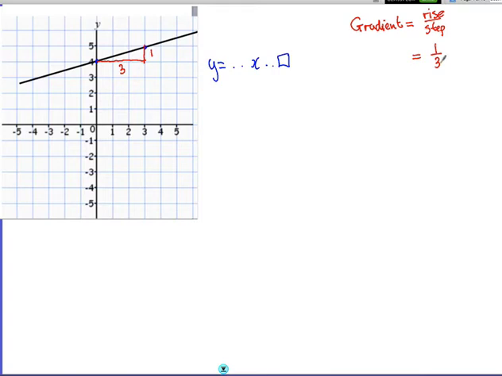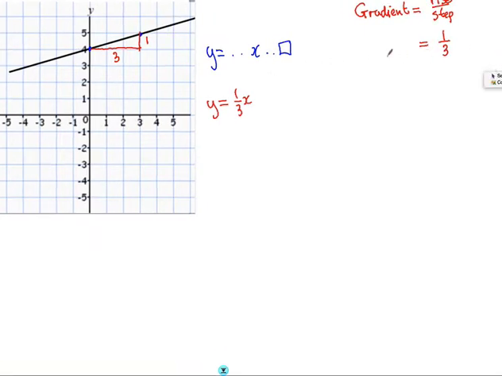The next thing you need to decide is if the gradient is positive or negative. Well, starting from the left and moving up on the line, going across on the line, your pen starts going up, your finger starts going up. So it's a positive gradient. So far we have y is equal to a third x. That's it. Now the next thing, the number we need to figure out is the